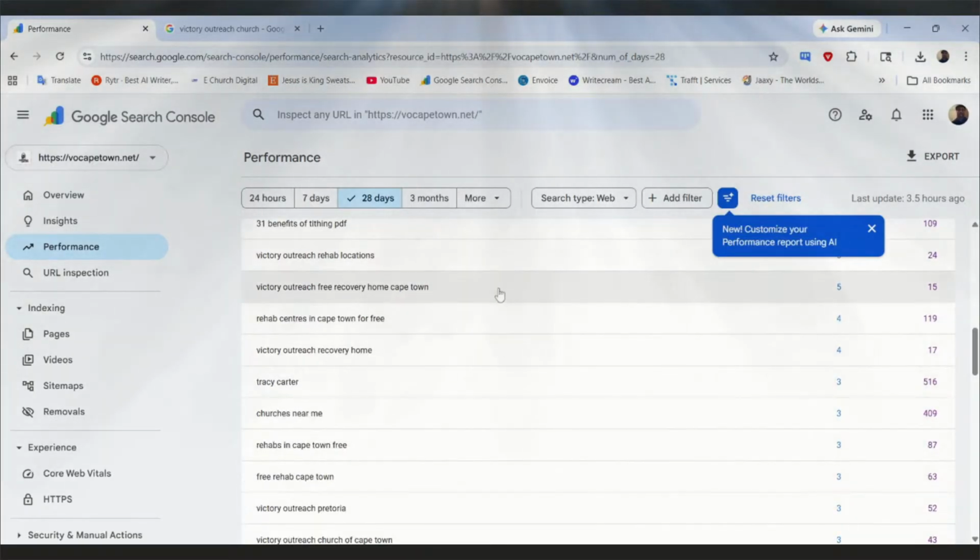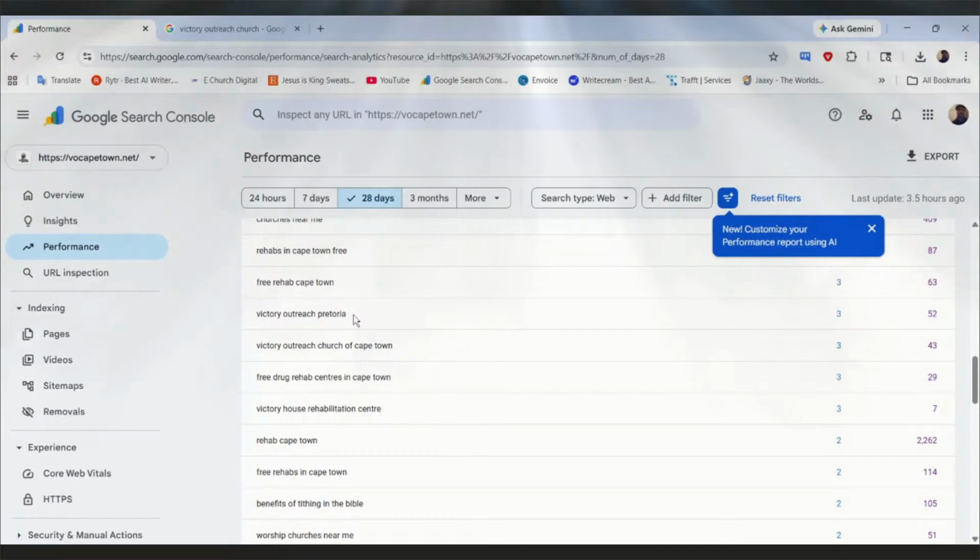Why is this powerful? I can take these keywords that we're ranking for in Google and start doing social media videos. I can do blogs on these keywords. I can do so many things with these keywords. Now, here's another thing I want to share with you. Social media, you can use that. I'm not against social media, but that's more like a fishing line.